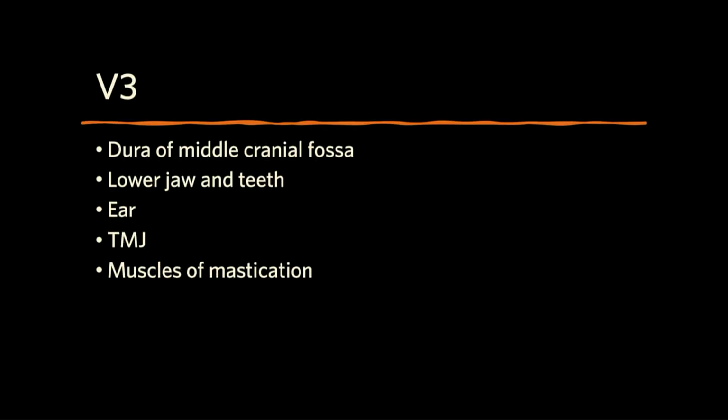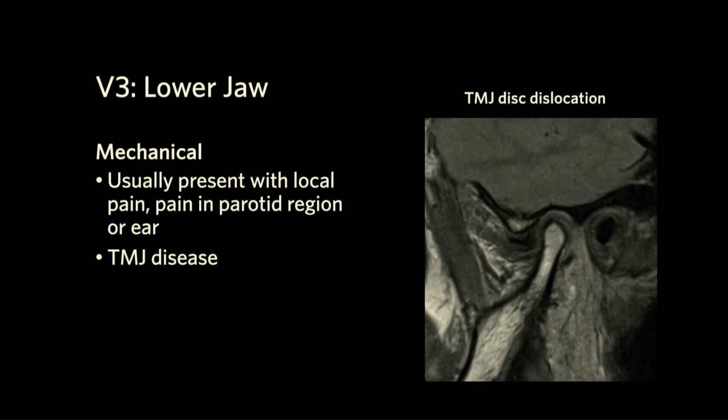And V3, dura, the middle cranial fossa, we showed you lower jaw and teeth, ear, TMJ, muscles of mastication, even TMJ disease. This is a sort of a dislocated disc. We're not getting TMJ MRs in the ER, I admit to you that, but if you happen to notice one, these could be the cause of headache also. What I do, though, I will admit,